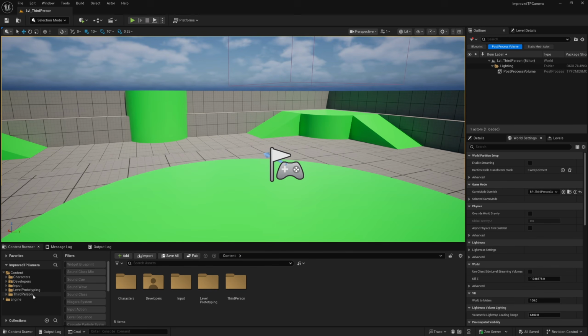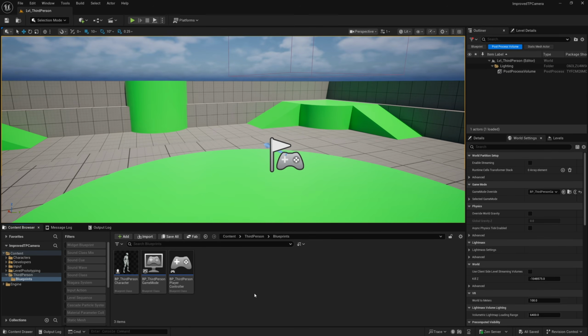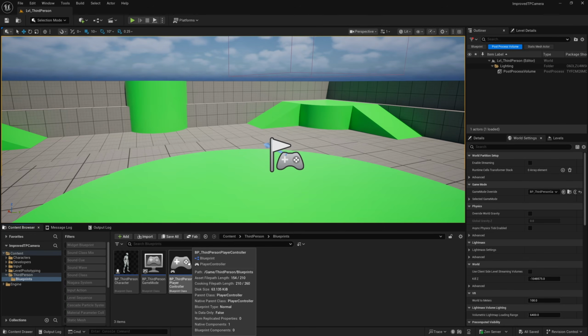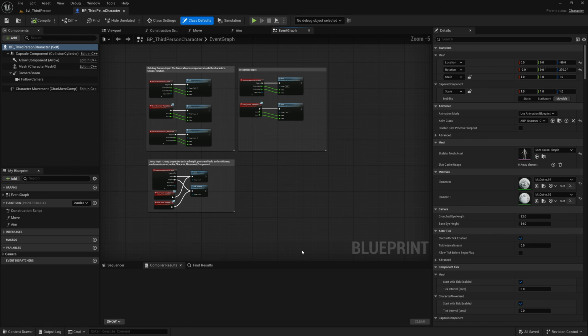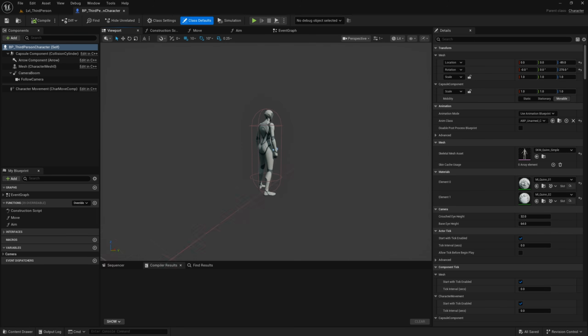So first of all, if we head on down to the third person folder and blueprints, because I'm working in 5.6.1, I've got this BP third person player controller class, which was not in any previous versions of the third person template. So if you don't see this in here in the third person and blueprints folder, don't worry, I'm going to walk you through creating one of these in a moment. But firstly, let's just go ahead and open BP third person character,